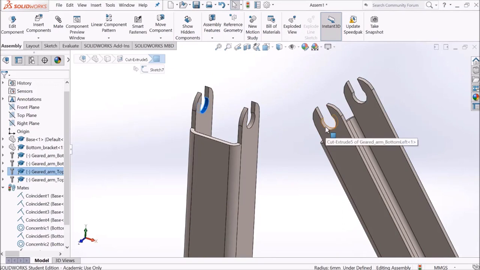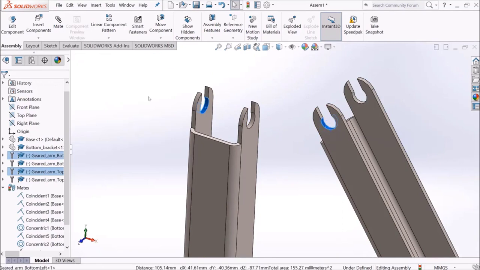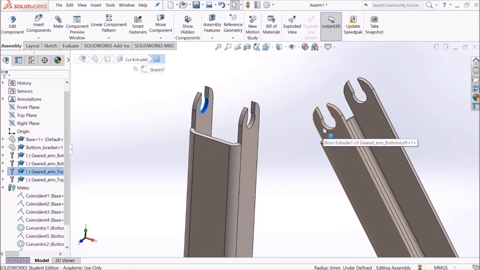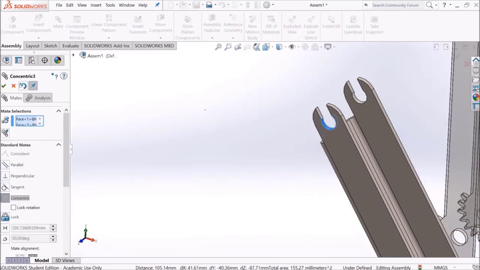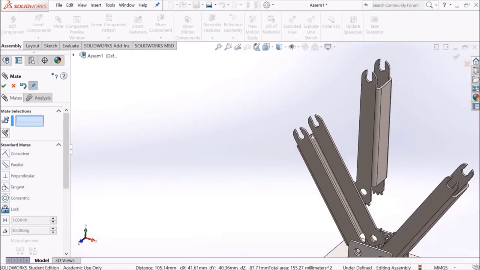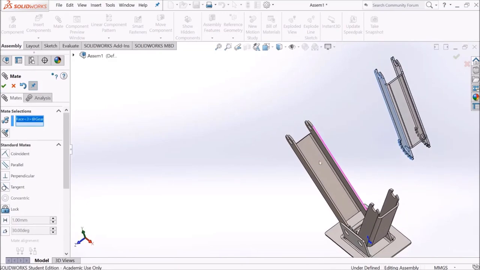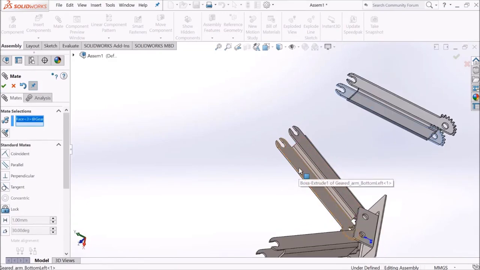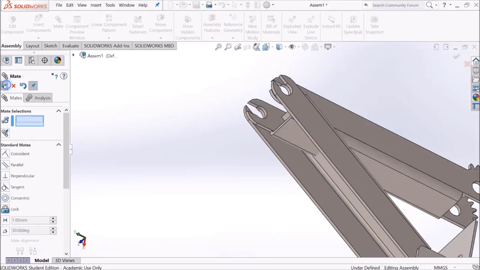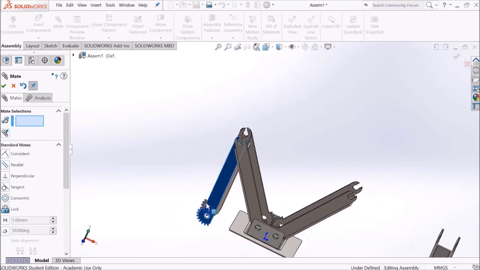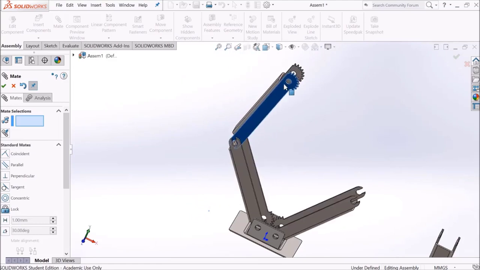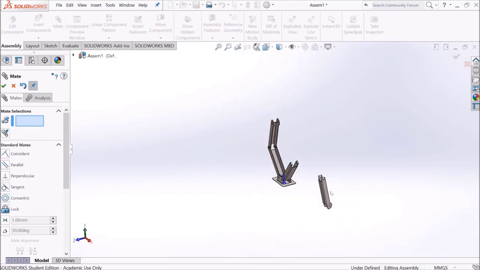This has to be concentric with this, this has to be concentric with this. Press OK. And then this face has to be coincident with this face here. Press OK. Then I can just move this up like here, and then do the same for